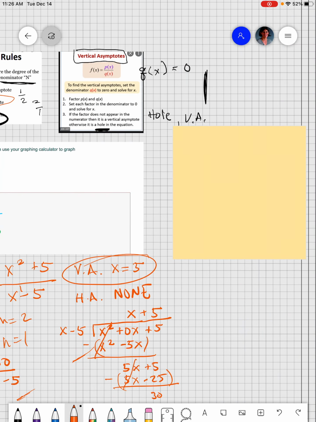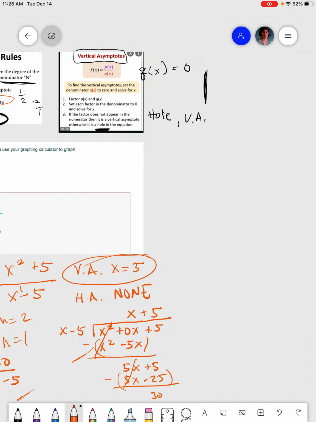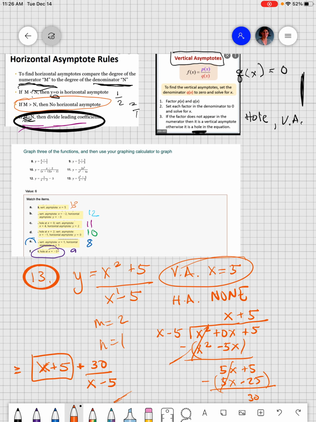So remember, there's two kinds. There's the easy kind, like 12, where this is telling you how the horizontal asymptote moves up and down. This is telling you how the vertical asymptote moves left and right. If it's not in that form, then you want to look for vertical asymptotes or holes, and then you want to look for horizontal asymptotes. So I hope